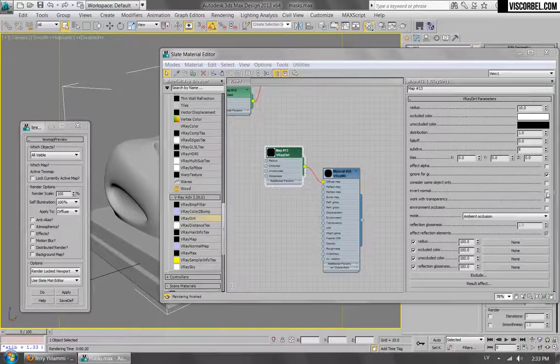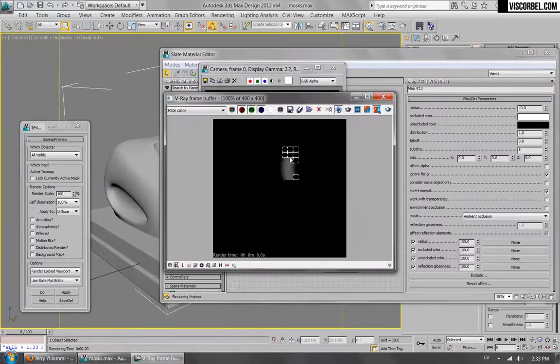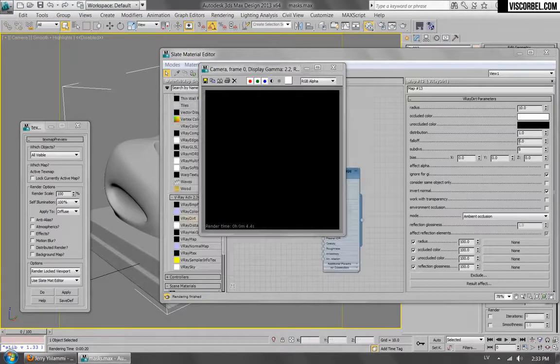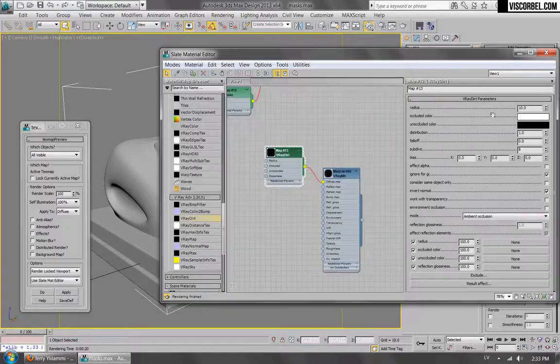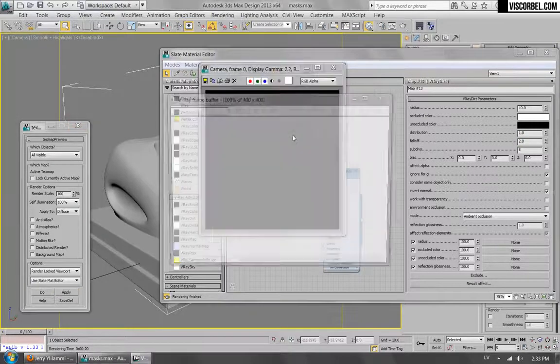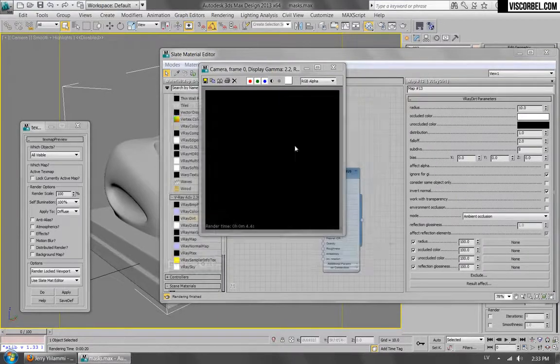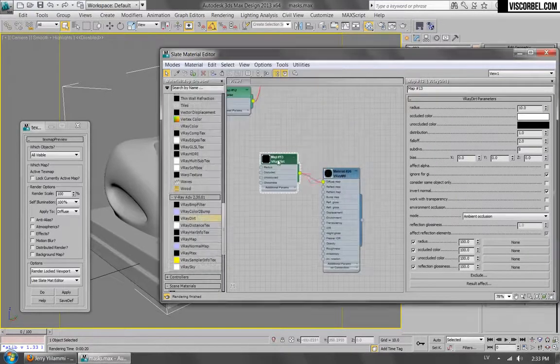You can invert normals for assigning the effect to the outer edges. And you can make the falloff a bit more contrasty by increasing the falloff value here and the distribution. And this should bring the effect closer to the edges, like that. Right, and if you want to make the effect stronger, but keep it exactly the same,